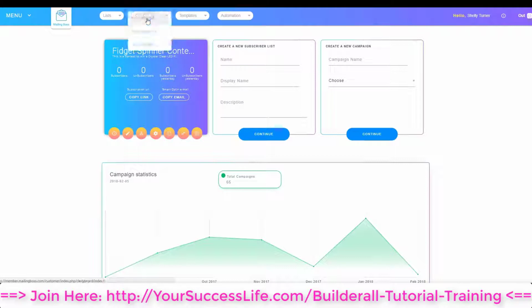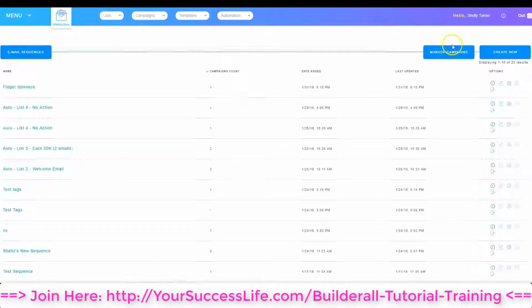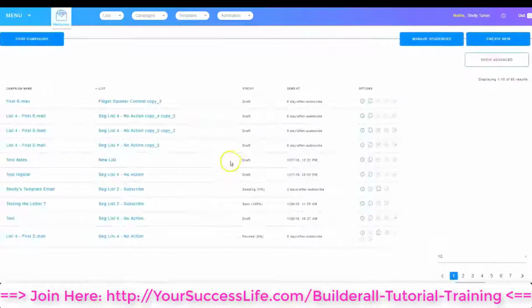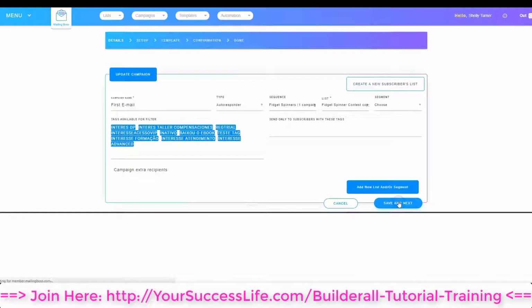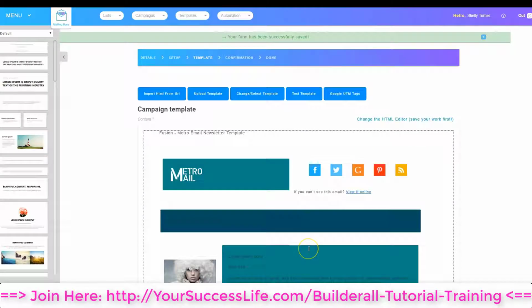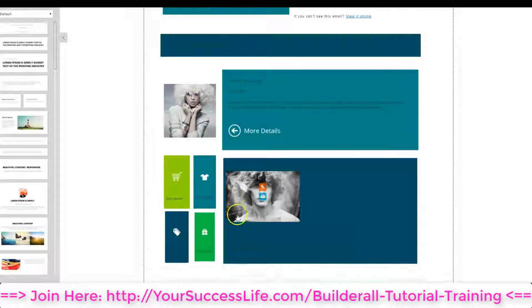I'm going to go to Campaigns, Email Sequence. I'm going to choose Manage Campaigns. I'm going to choose my very first email. I'm going to make sure it's paused first, and then I'm going to click the Update icon. I'm going to click Save and Next, and Save and Next. And now I'm inside my email campaign editor, and we're going to look at the available tags that we have